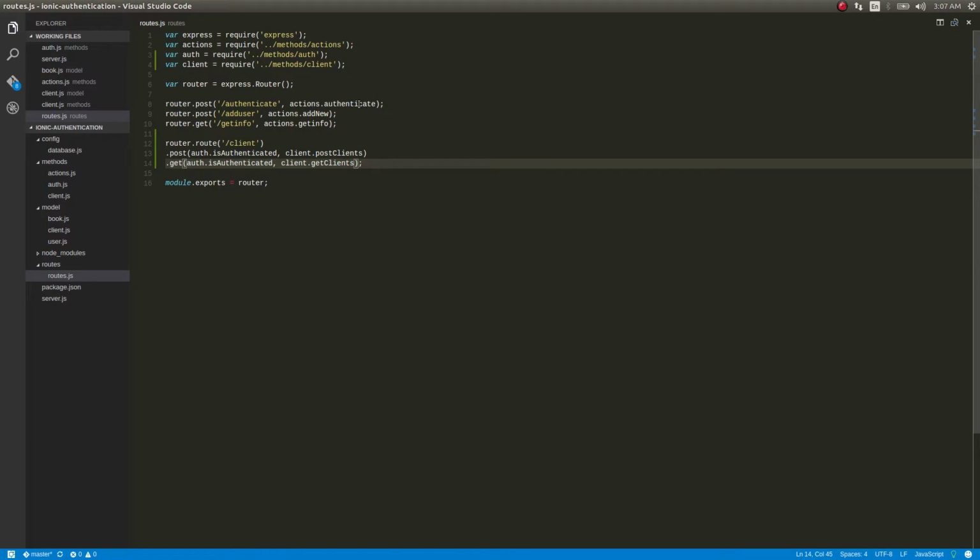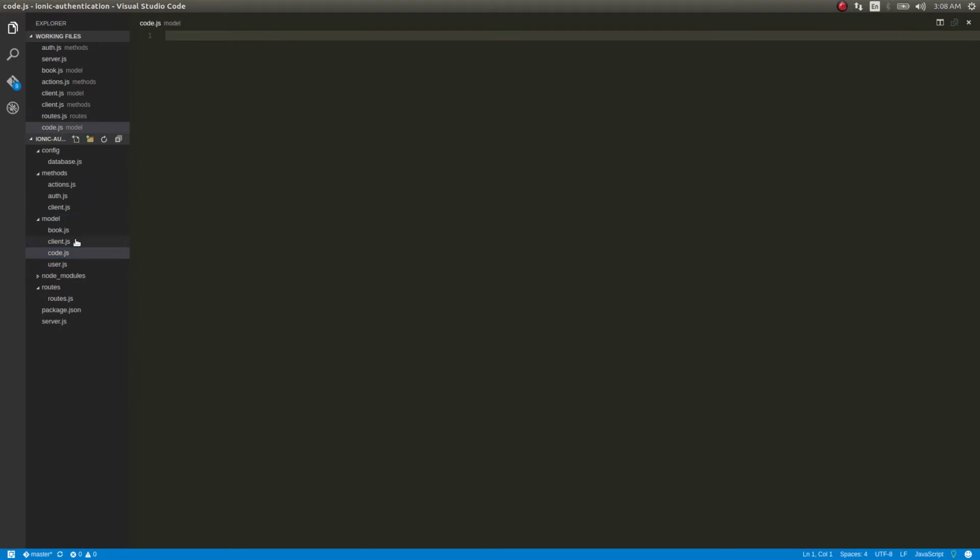So the next thing we'll do is we need a model for a code. That code will be exchanged for an access token. So I'll go ahead and create the models for those two. First of all, code.js and token.js.